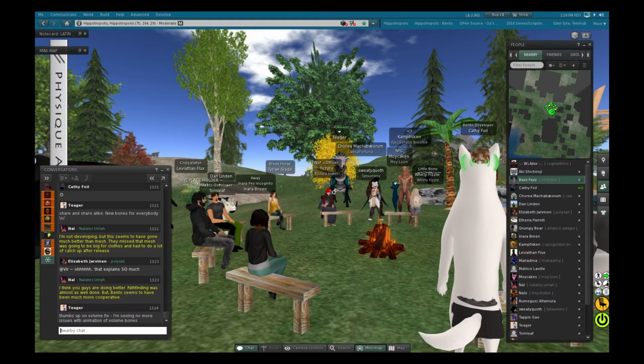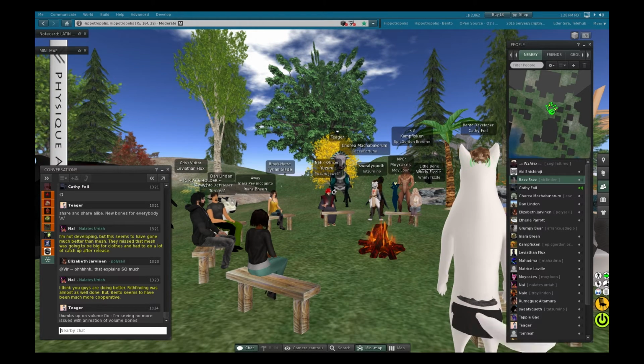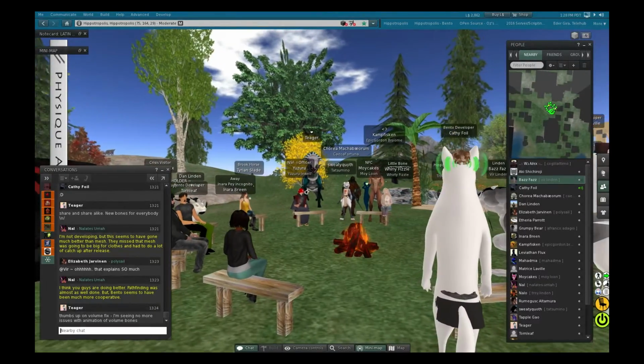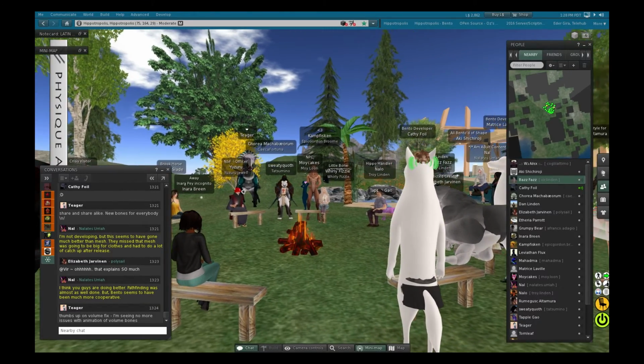That's what was happening with Medu's coyote. When you would click on him to reset the skeleton, his head was collapsing into his chest.